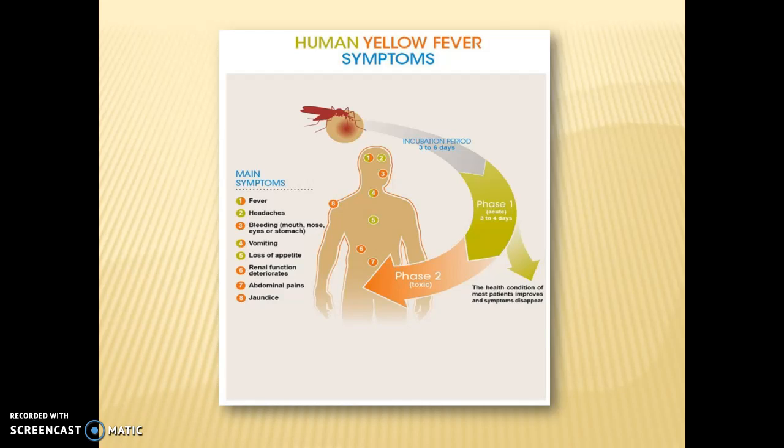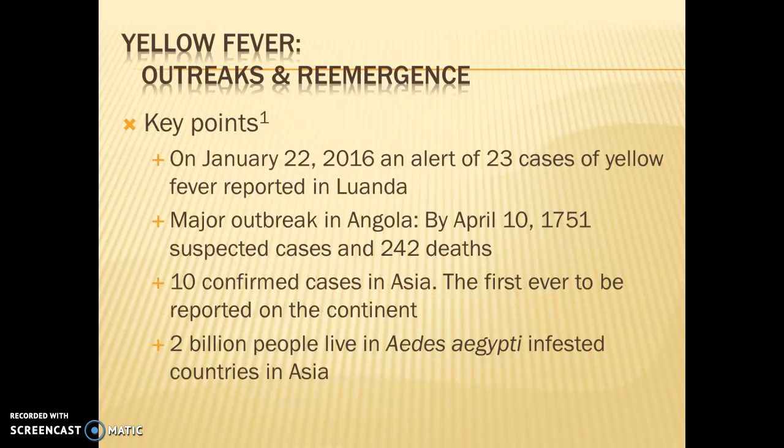The prevalence and geographic distribution of yellow fever has predominantly been to parts of South America and sub-Saharan Africa. However, with globalization, travel, and climate change, there have been other factors now that have the potential of spreading this disease onto continents where it has never even been seen. And for the purpose of this presentation, we're actually going to talk about one of those outbreaks.